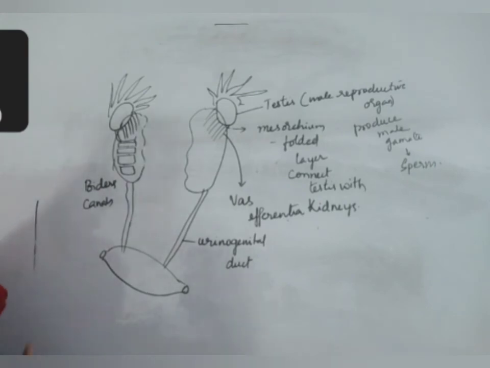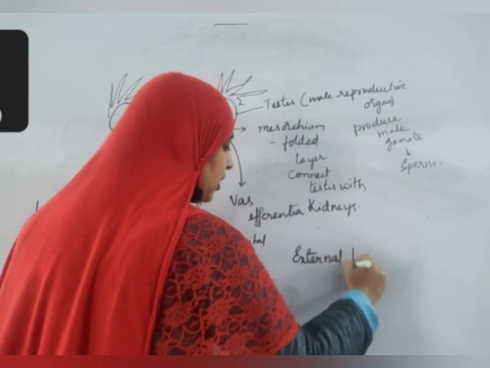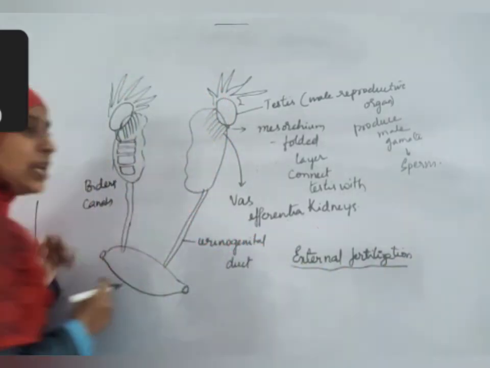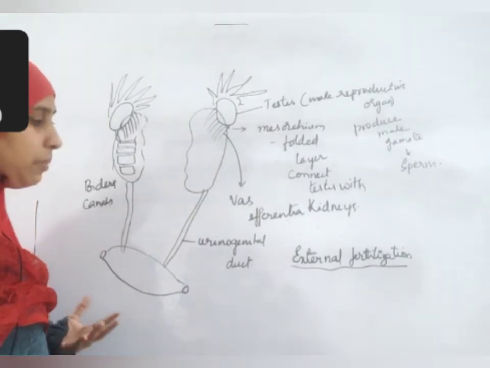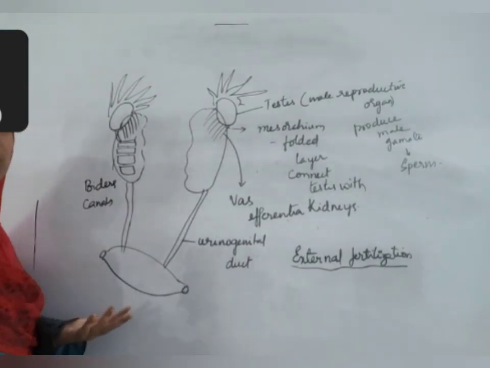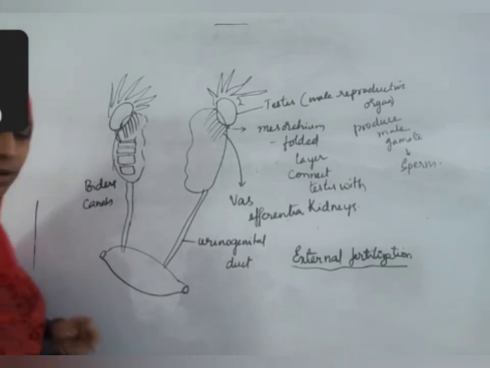In case of frogs, the fertilization is external. You know what is external fertilization? Fertilization that occurs out of the body. First, a female organism lays eggs in large quantities, around 2,000 to 4,000 eggs. After that, the male organism will release the sperm over the eggs and fertilization takes place outside the body. In frogs, being aquatic organisms, the female lays eggs in water only. The male releases sperms over those eggs in the water, and fertilization occurs inside the water only.